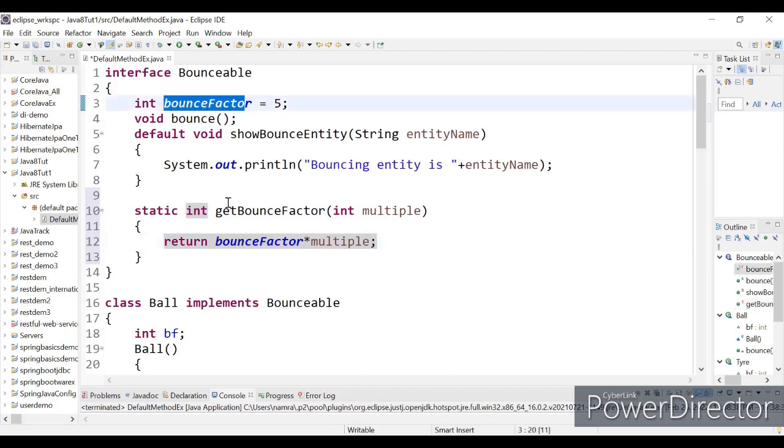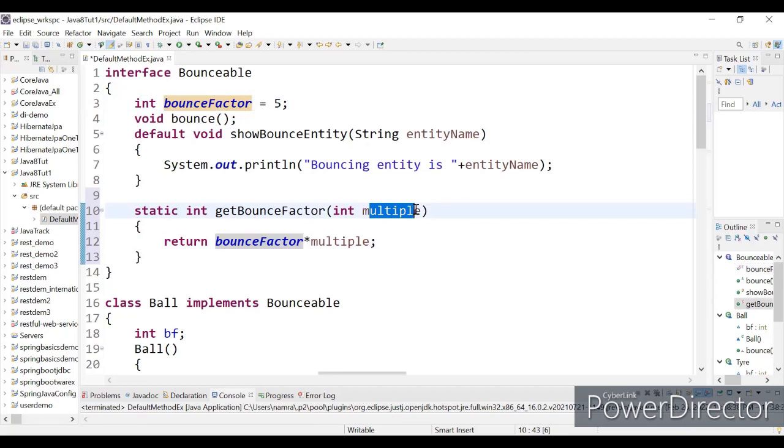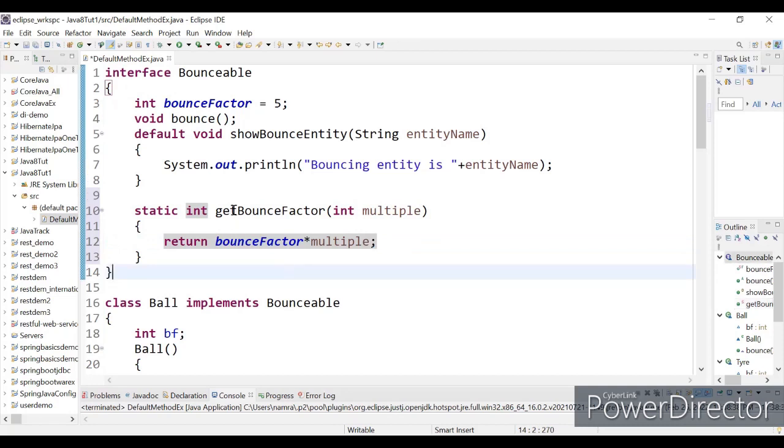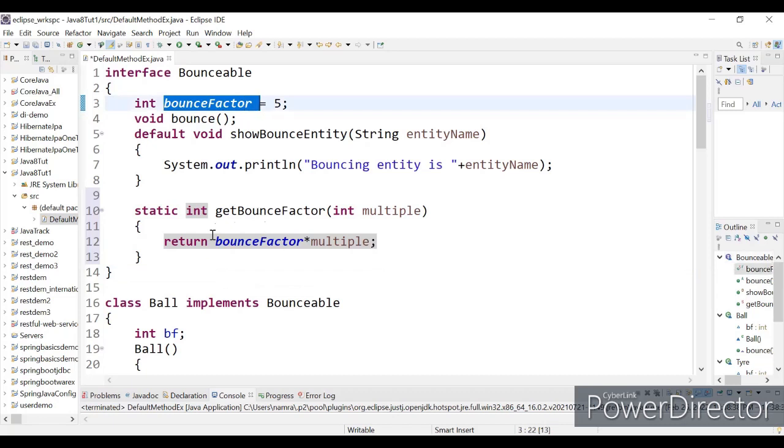But before it returns the bounce factor value, whatever multiple you have passed to this getBounceFactor method, it is going to multiply your bounce factor with that multiple. So if your multiple is 5, it is going to increase your bounce factor 5 times, and then it is going to return it. Okay. So that is what is added over here, and because it's a static method, it can access your static variable directly.